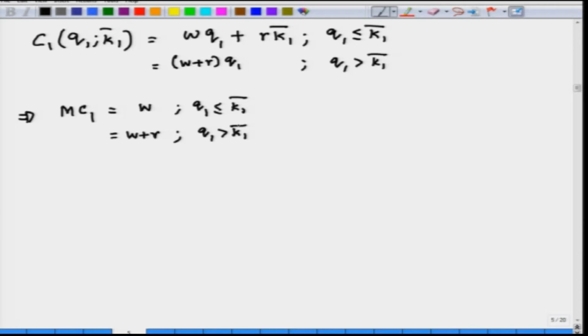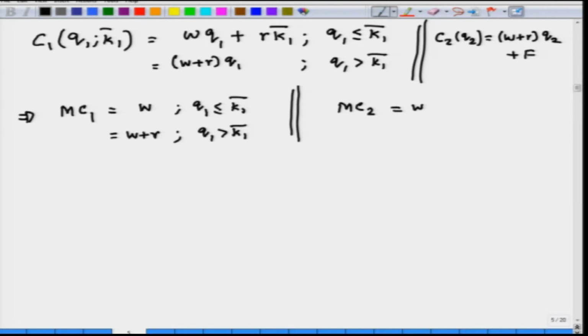Similarly, if I look at firm 2, firm 2's cost is simply going to be W plus R times Q2 plus some fixed cost that it incurs, let us call it F. So, firm 2's marginal cost is essentially going to be W plus R for any level of output that it wants to produce. Now, if I were to graph this,